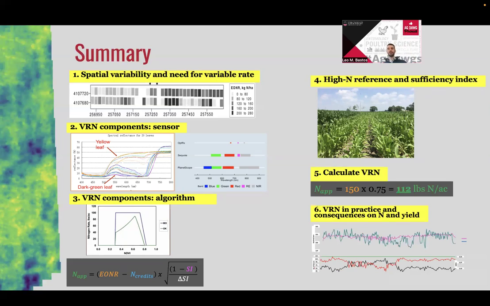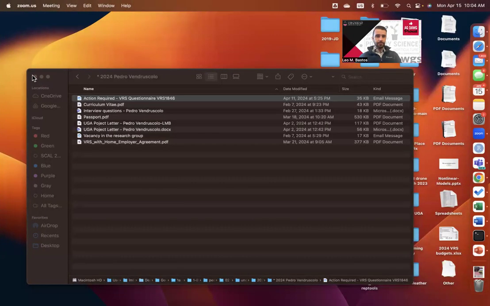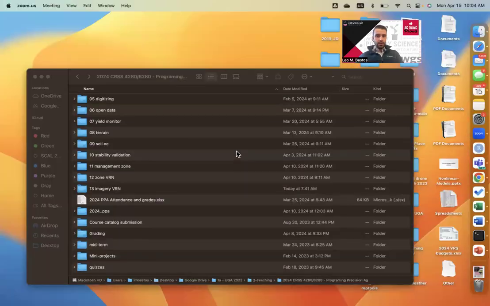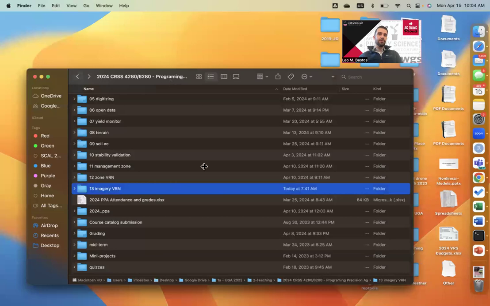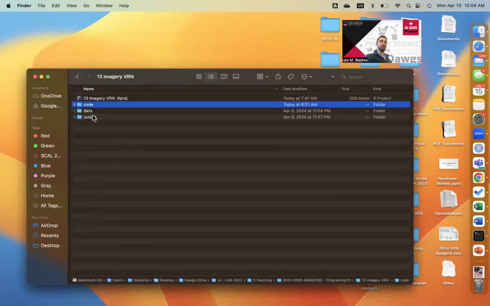Next class, we're going to have a coding exercise that's going to implement all of this. And so I do ask you to already go ahead and download the material from GitHub. You can create a new project on your side. Let me just pull here to show you. So you can create a new project on your main folder called 13 Imagery VRN. And then, of course, inside of that, you already know this. You should create the code, data, and output folders, create an RStudio project at that level,